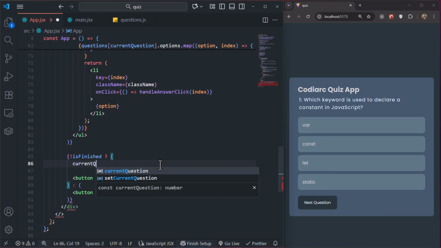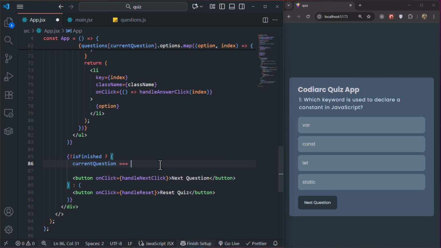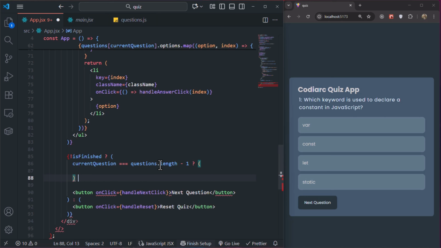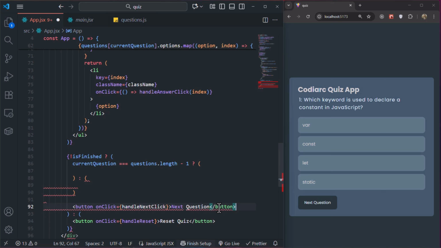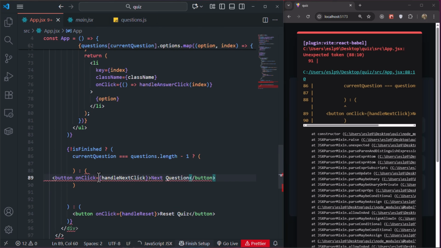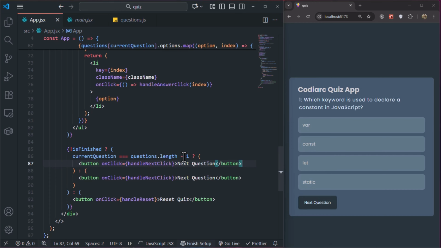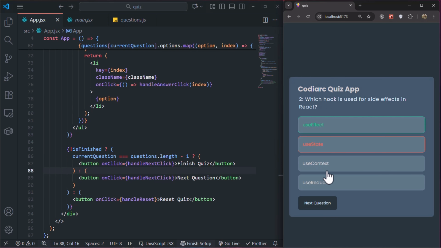We say if the current question is equal to questions.length - 1, what should you do? And then put a colon here, put another parenthesis, and put this next question button inside here, and copy this again inside the first parenthesis. And now you can say this is finish quiz. But actually the function is the same, handleNextClick, because we want it to go to the next step. So now if I do the test again,